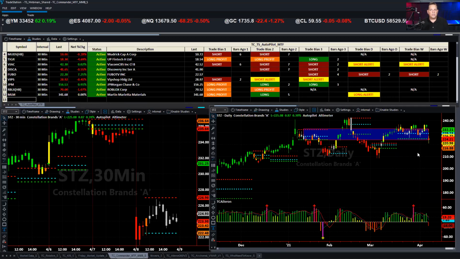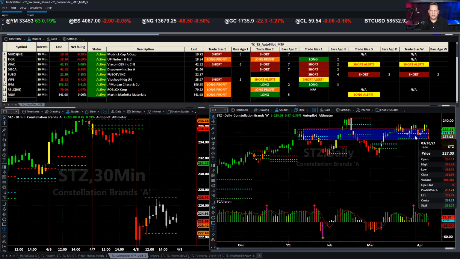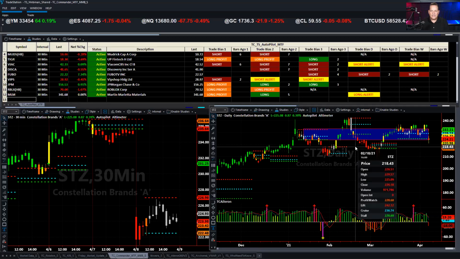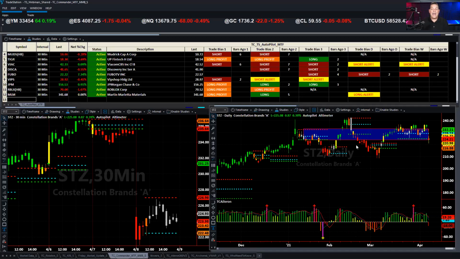Right now with the earnings that came out, it's going to be a little bit hard to get this thing really moving, but nonetheless, I think you have an opportunity to see this thing possibly break down a little bit more. Right where it did break down to, 221 is probably a level that you want to look at. From there, you got some good support. You could see some more lines and support across the left. I would say line in the sand, 218. After that, I'm out of this if I was thinking about being long of STZ.